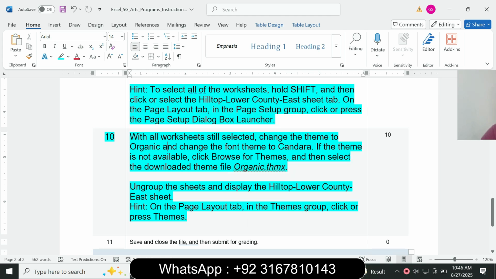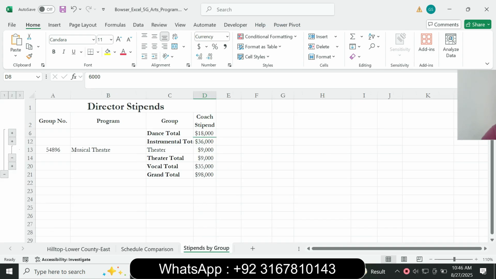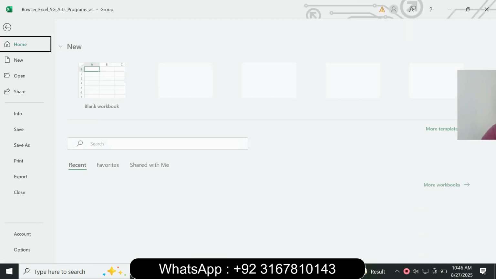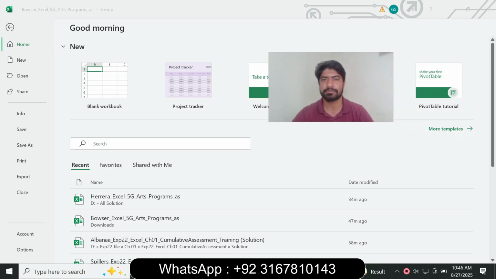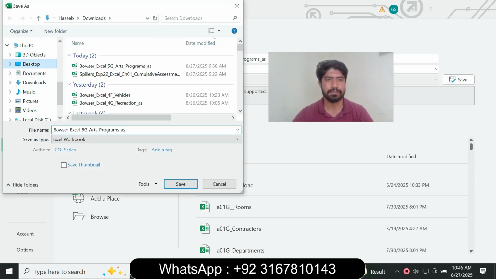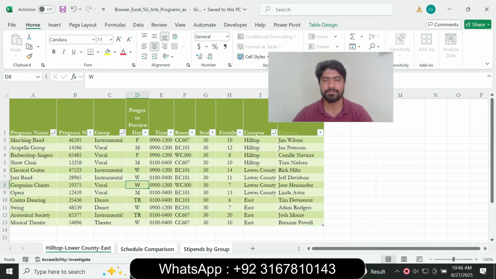So I have done the assignments. Select all worksheets. So save the file and upload the assignments. So click Save As and save the assignment, and next is